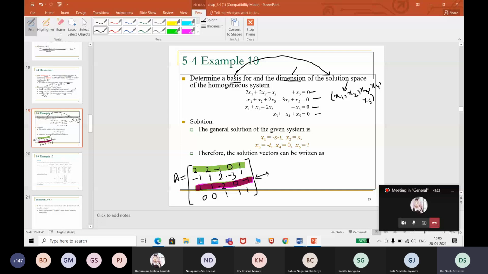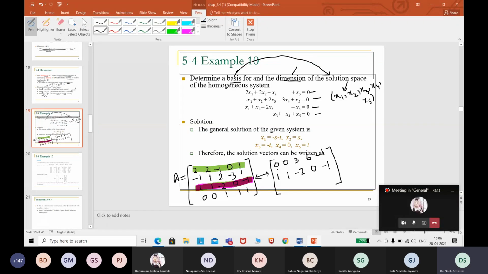So I have the third row as 1, 1, -2, 0, -1. This is my third row entry. The other row entries will be reduced to 0 if multiplied with -2 and added. This will be 0. Multiplied with -2 will give you 4, -1 will give you 3, multiplied with -2 will give you 6, and multiplied with -2 will give you -2 plus 1, -1. Am I right?